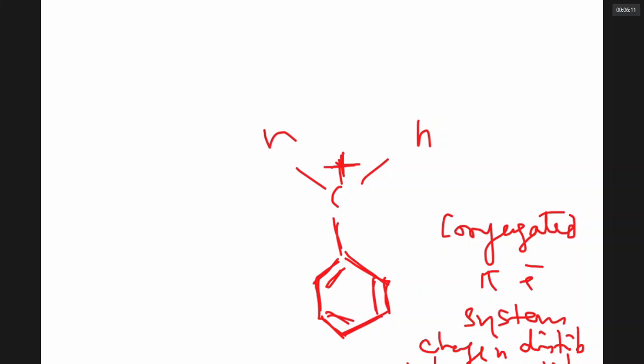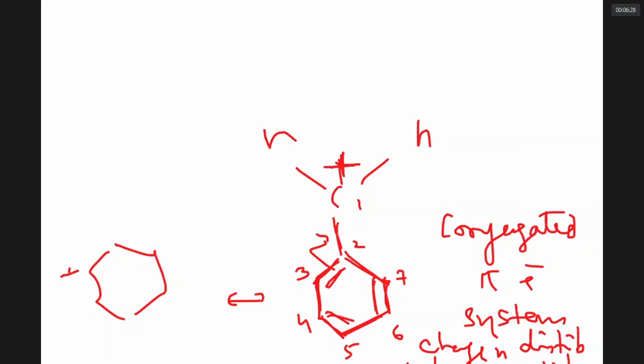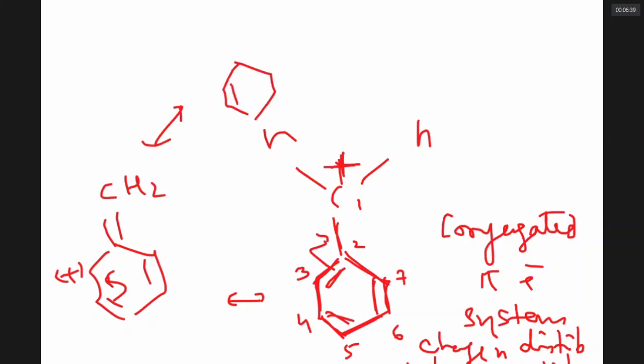Yes, sir. Therefore, here in the conjugated system, the pi electrons can share the positive charge. So now, instead of this carbon 1, now the carbon 3 is taking the positive charge. I marked all the carbons, including this. So now the positive charge comes to 3, this carbon gets a double bond. Now again it can come like this. Pi electrons are mobile, they can move around. So they go like this.